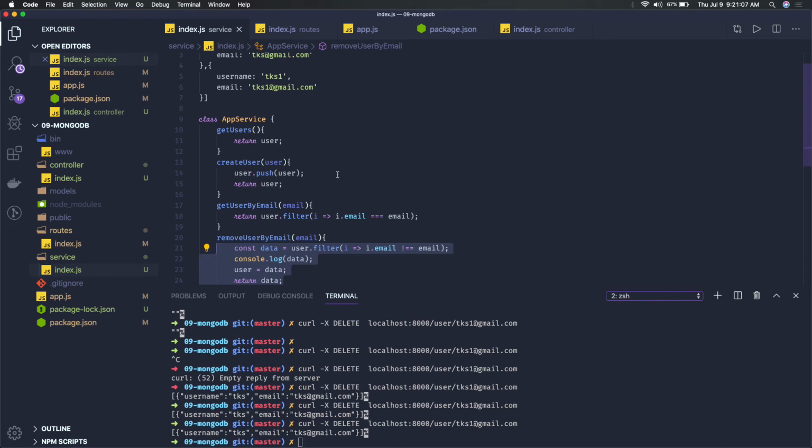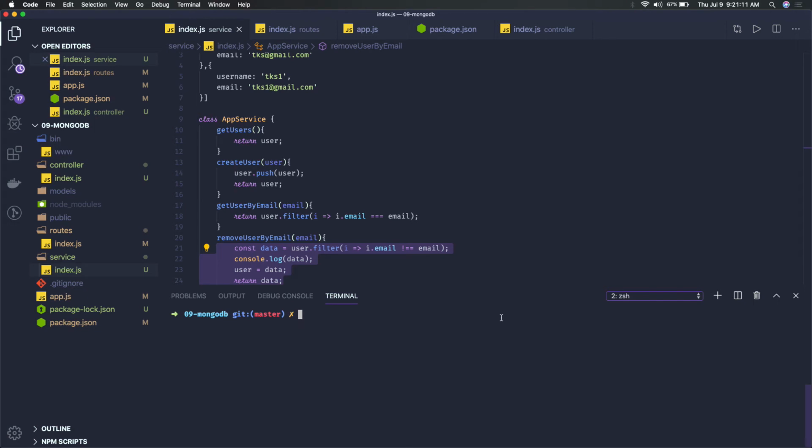Now what we will do is we will introduce Mongoose. Mongoose is an npm module which is required for us to connect to the MongoDB database and query from its collections. MongoDB is a NoSQL database, not the same as MySQL, Postgres and Oracle DB, because it stores documents in collections.